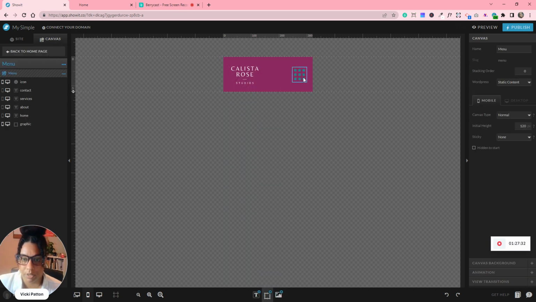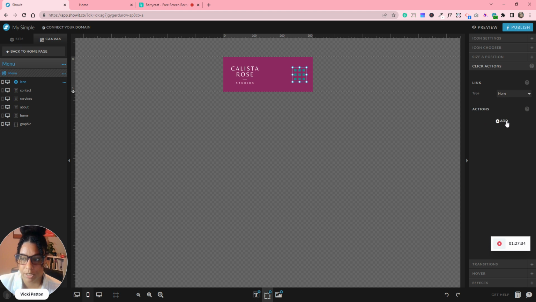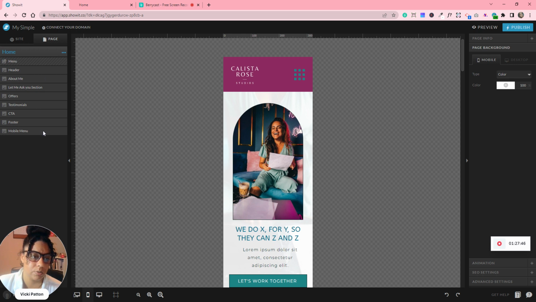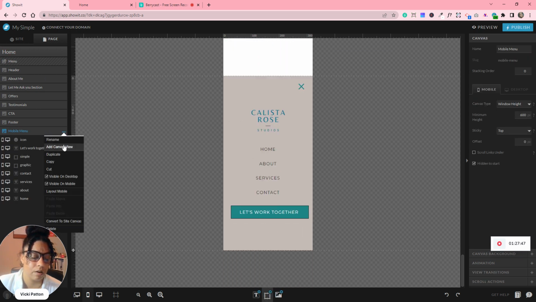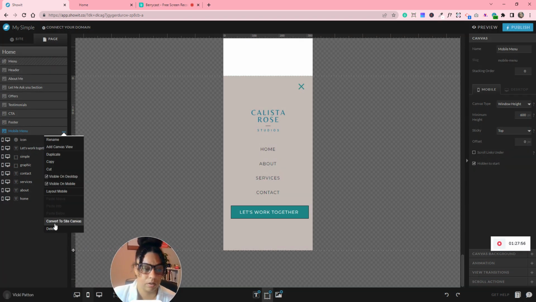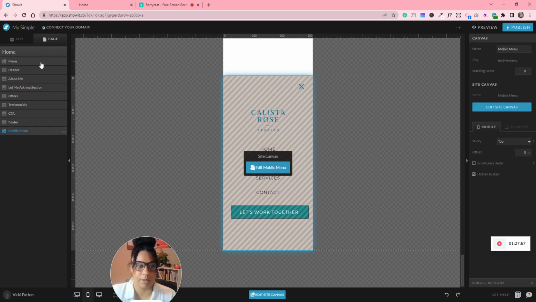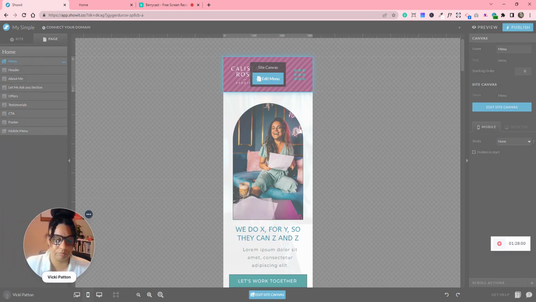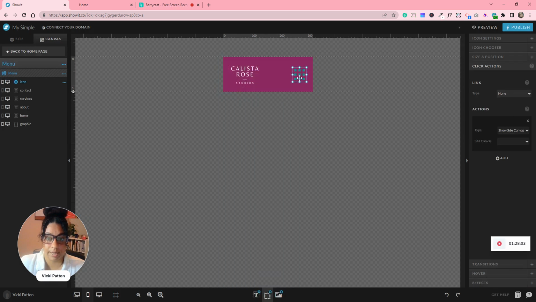Okay, so let's go in here and we're going to click on the click actions. The action that we want is we want this to show a site canvas. And actually, let's go back. Let me change this one to a site canvas. Convert to site canvas. Okay, now let's do that. Let's go back up to menu, edit menu, click on this, show, mobile menu,